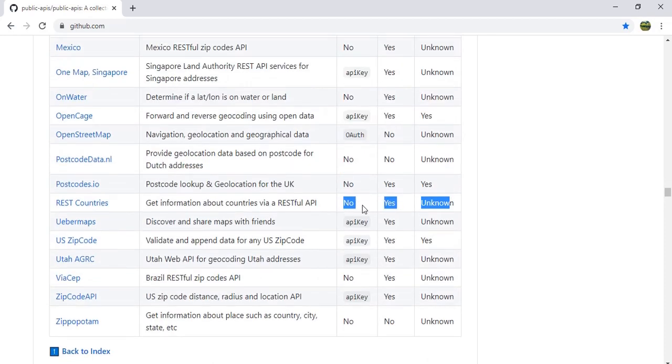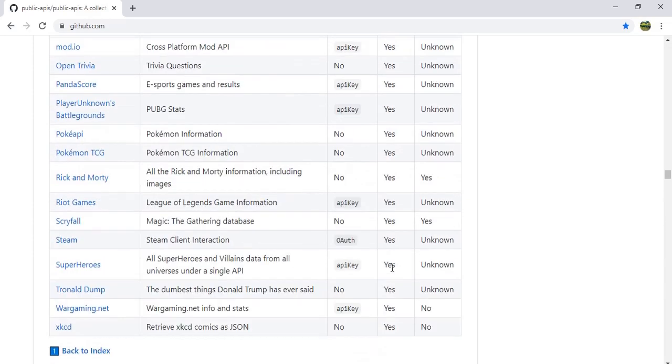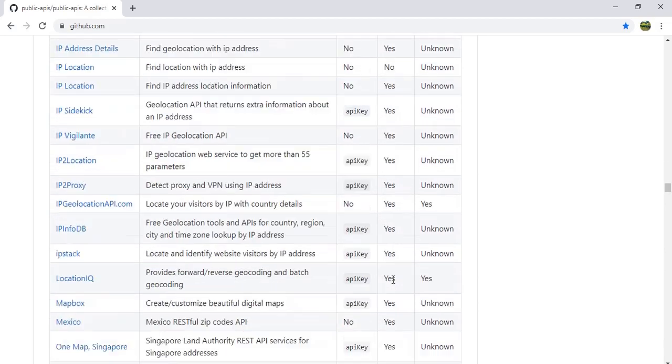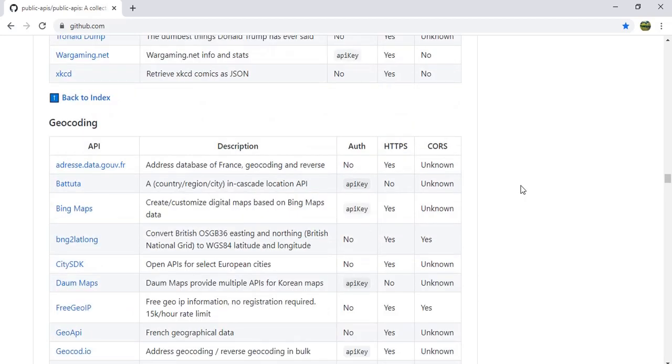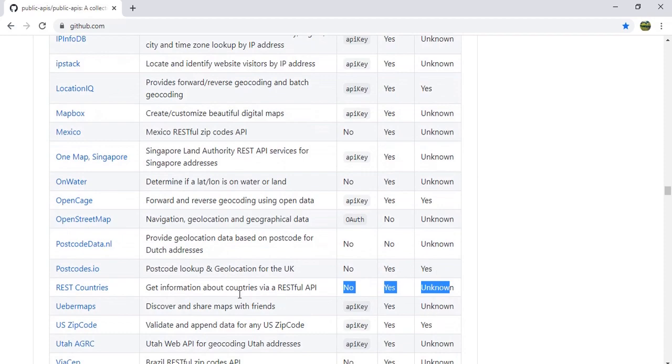Authentication is by default no, so we don't need to provide any authentication. And again you can see that HTTPS is yes, so it is secure. CORS stands for cross origin resource sharing and the value could be yes, no or unknown. So we have unknown, so we don't have any problem in accessing the API.